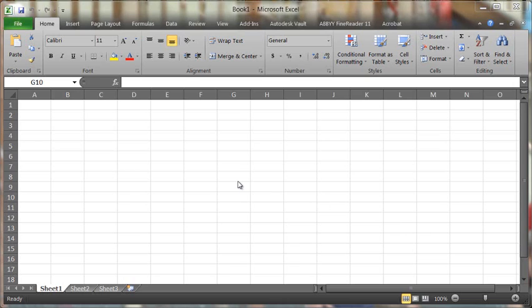When you first open Excel, you face a page that looks something like this. Basically, we have a series of cells. Each cell has a unique address which can be seen in the address box. Now, by clicking here, I can see that this one is in G7, this one is in B3, and so